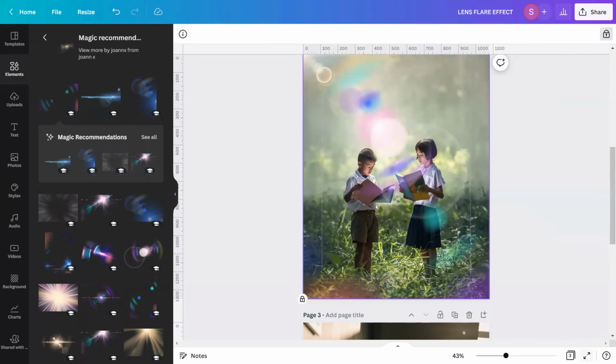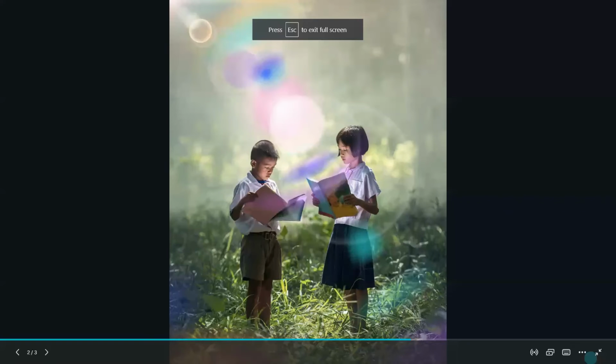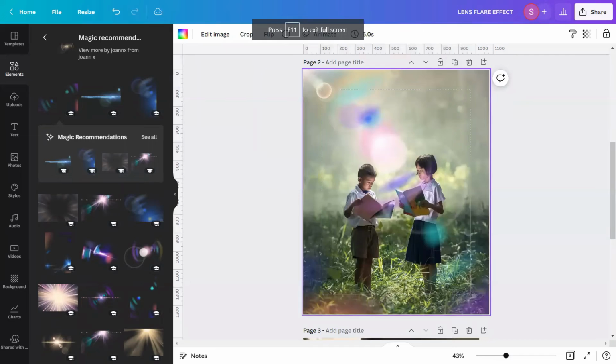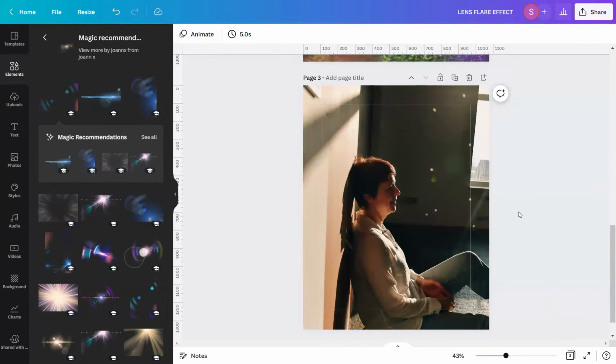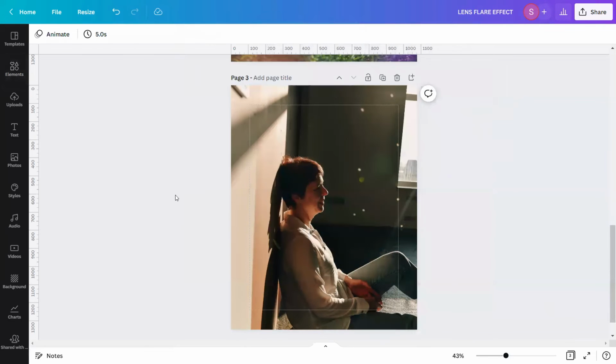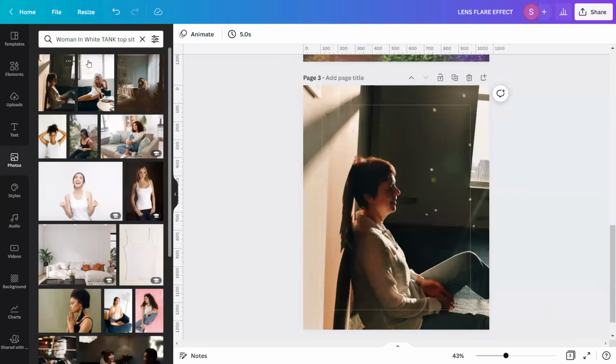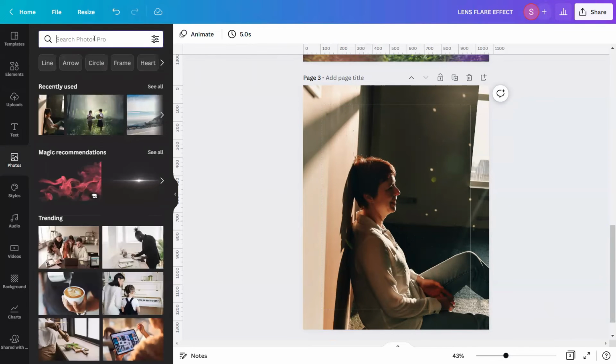This is the quick look of the first sample I created using the lens flare effect in Canva. For the second sample, this time the lens flare will not come from the elements. Instead, I will get it from photos. I will go to photos again and I will search for this brand code keyword, small letters brand,